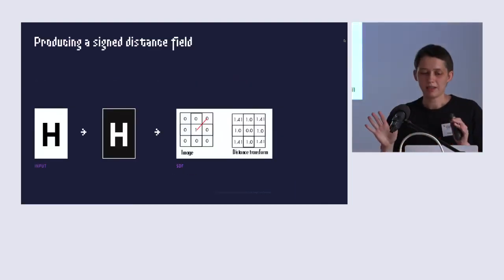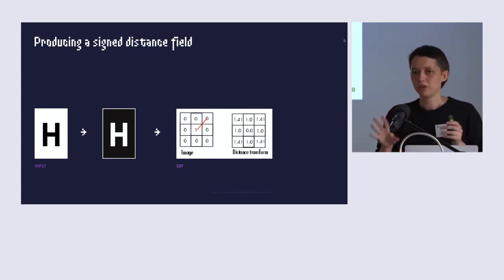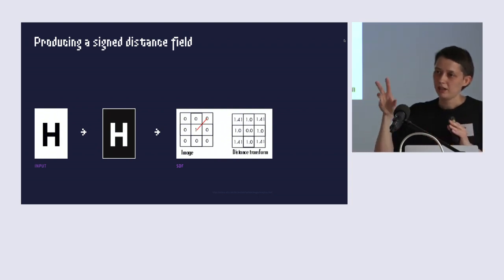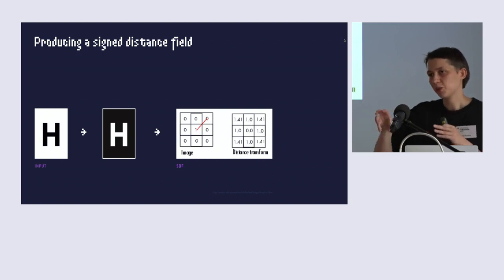Probably I'll explain it in a bit too simple way, but what they have done is analyze each glyph form and calculate the distance between the black and white pixels. They saved these values within a texture, within an image file.